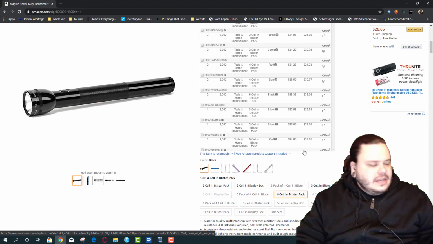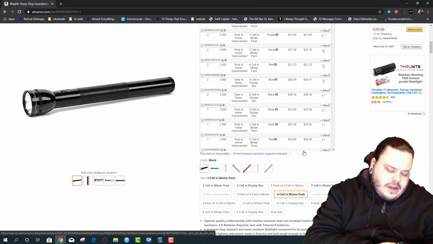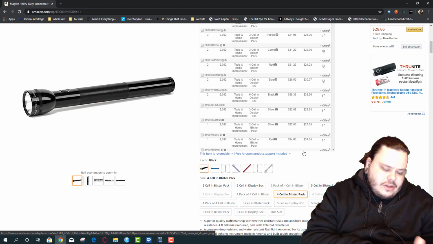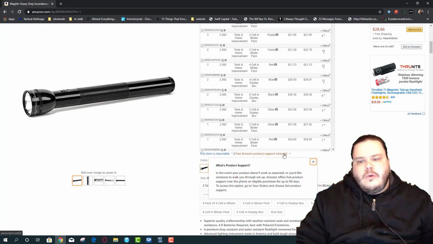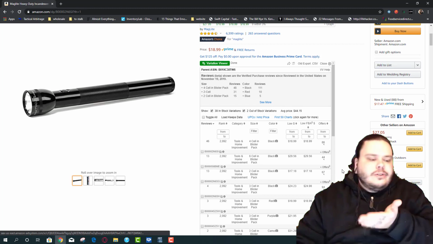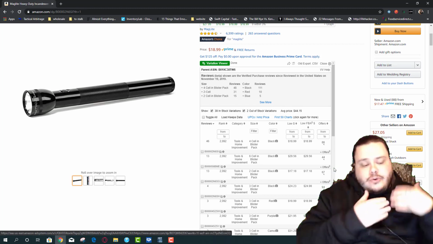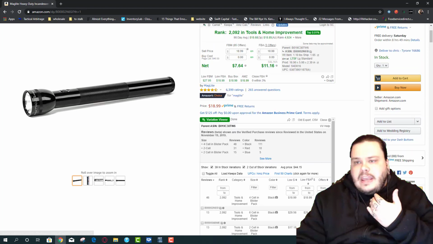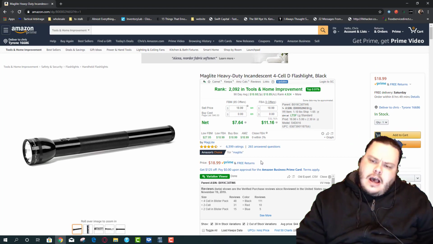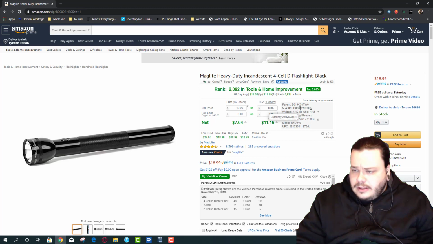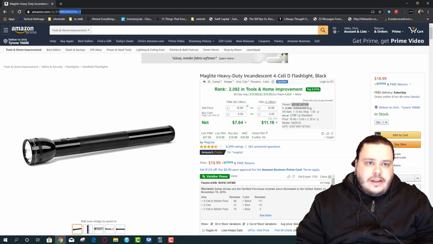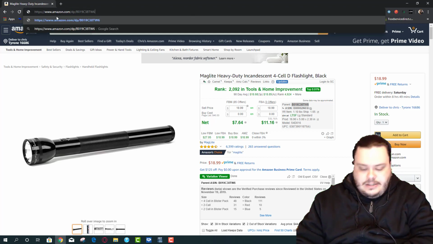So that's the thing. It gets kind of tricky with items where you have sub ranks or sub child products. This would be a child product under a parent ASIN. Each parent ASIN has its own unique ASIN. So let me show you how to actually see that. By the way, I know how to do it in clothing. Oh, it's right there. Rep seller. Okay, so here's the parent ASIN.